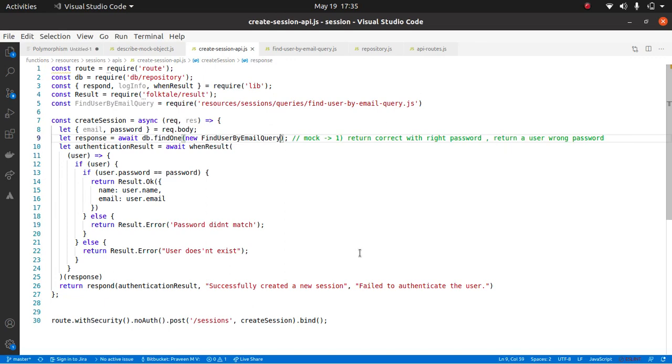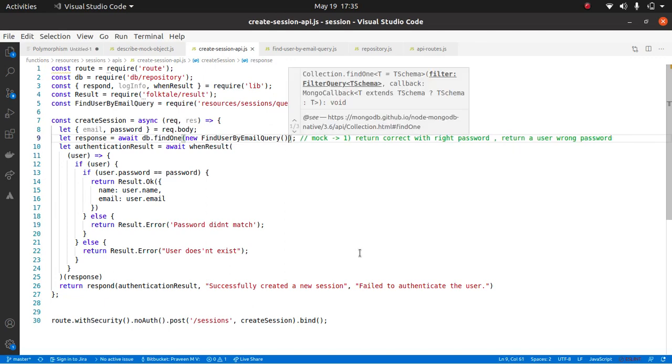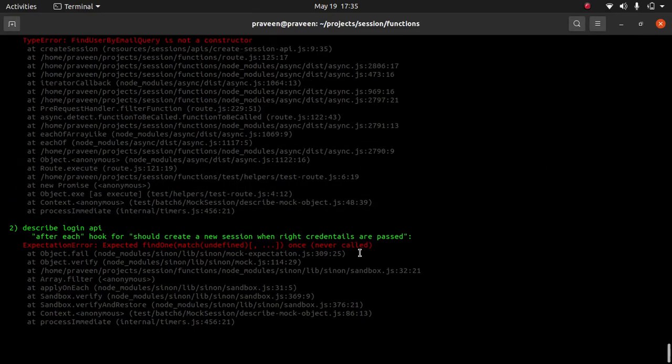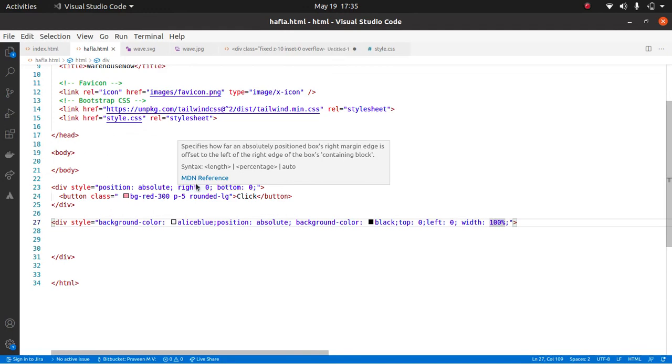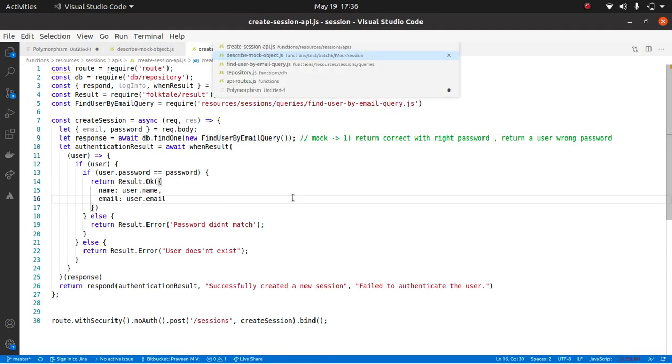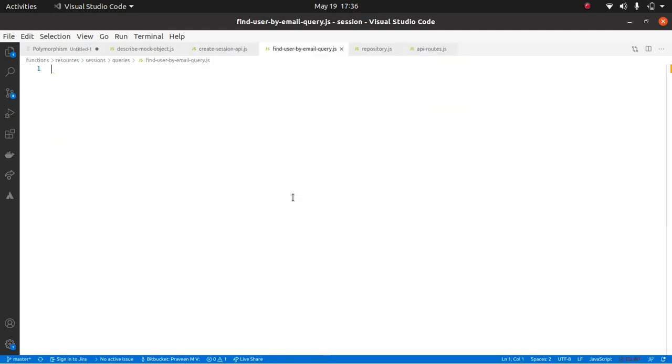Okay, new this guy. So let's see what happens. It is telling is not a constructor, right? It is failing. So why is it not a constructor? Because we have not written anything over there. Correct. Yes, we have to create a class.